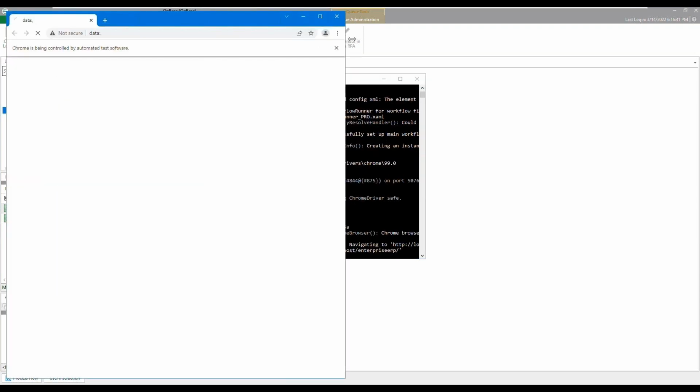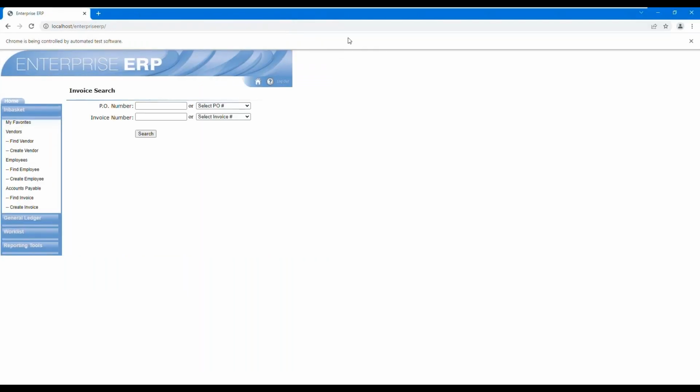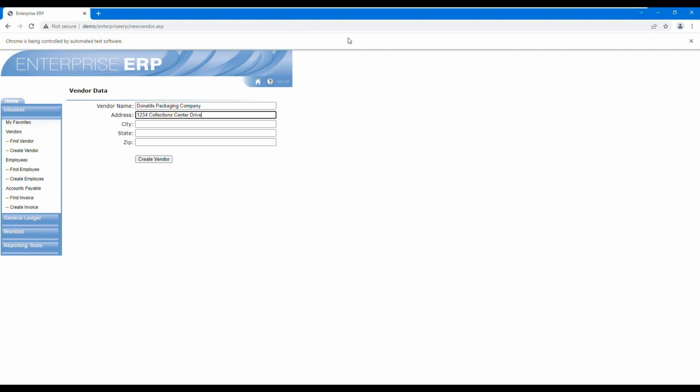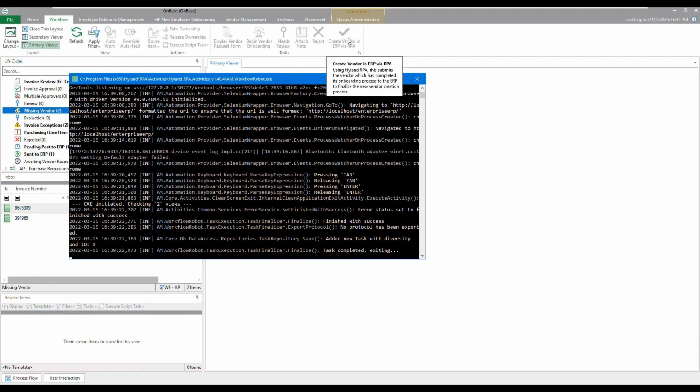It's going to select the create vendor option from the menu on the left, and it's going to enter the information from OnBase into my vendor creation screen of my ERP and select create vendor.